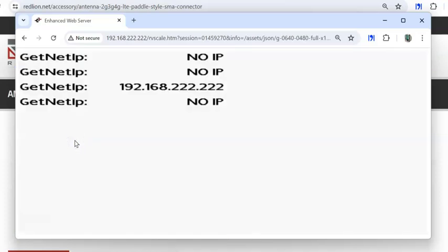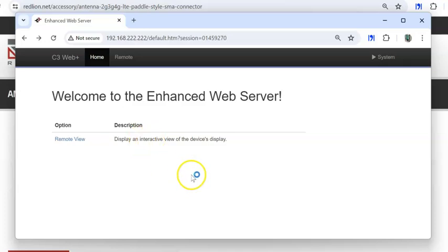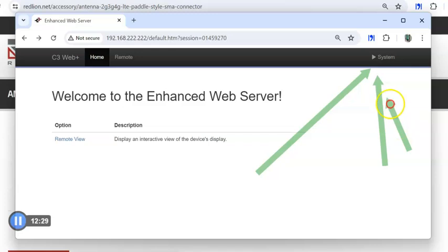All right, if you click Remote View, you can see I don't have anything plugged into Ethernet 1. So these both are Ethernet 1, believe it or not. Here's Ethernet 2, we're talking to. This will be the cell modem. Okay, so I'm looking at the web page for this unit. If I go back to the main listing here, if you look over here, team, in the upper right-hand corner,